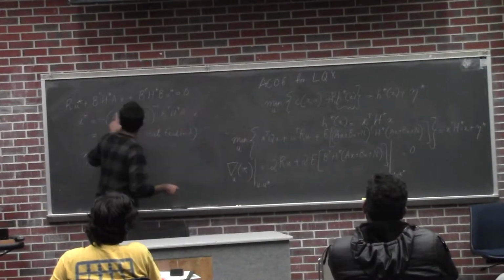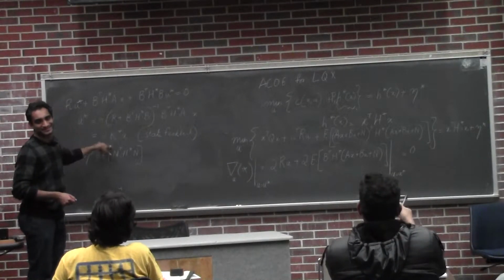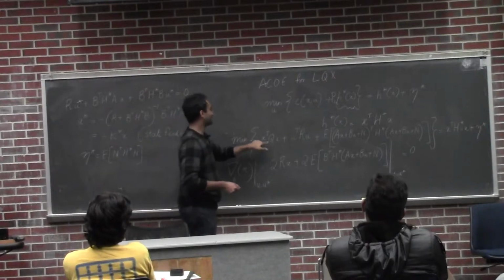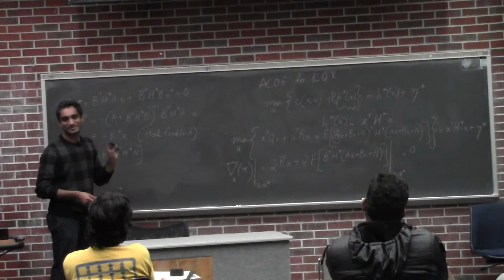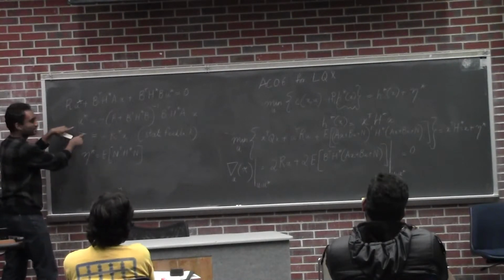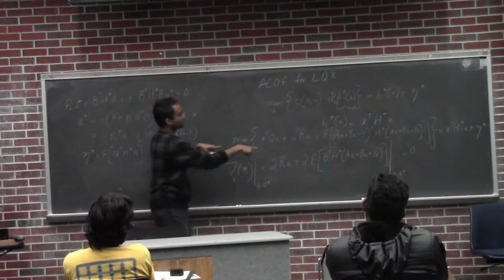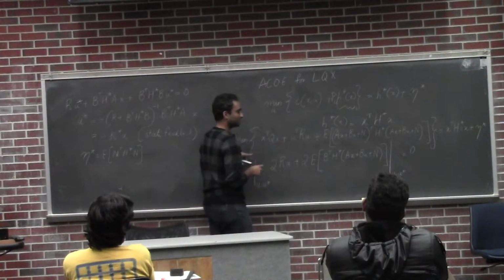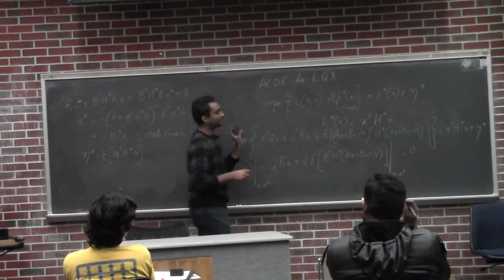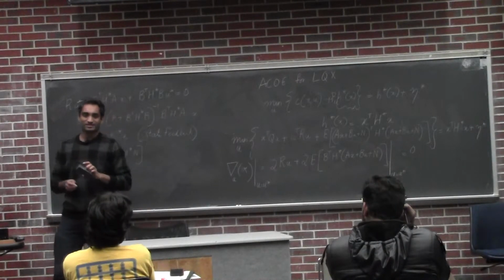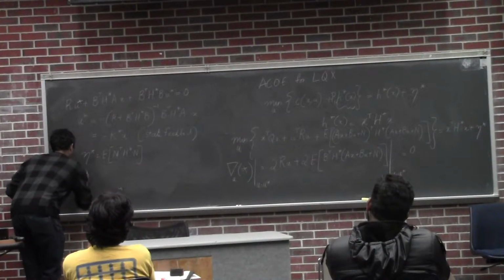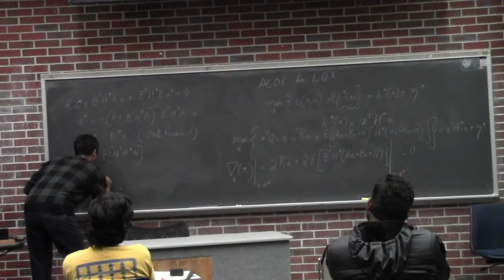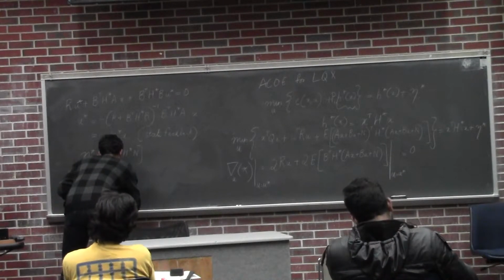So now you have an expression for U star, right? So plug this back into your original equation. I don't want to write that out, but I just wanted to mention it. If you plug this back in, it's just a giant quadratic, and that's what is known as the algebraic Riccati equation. So H star solves the